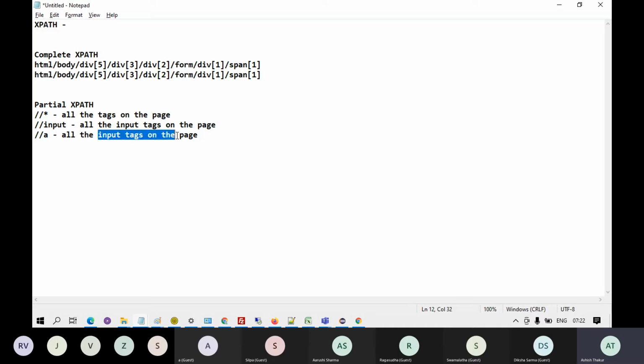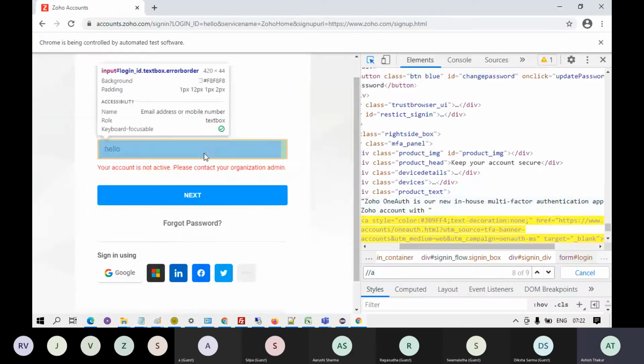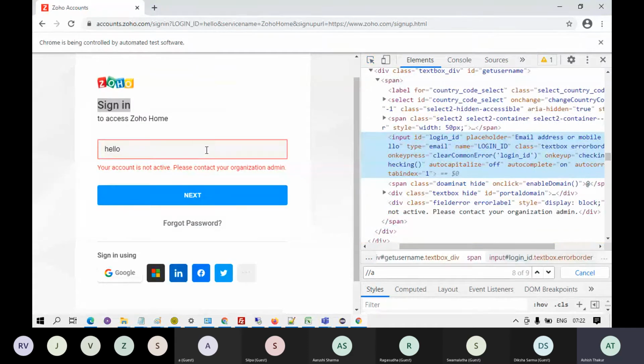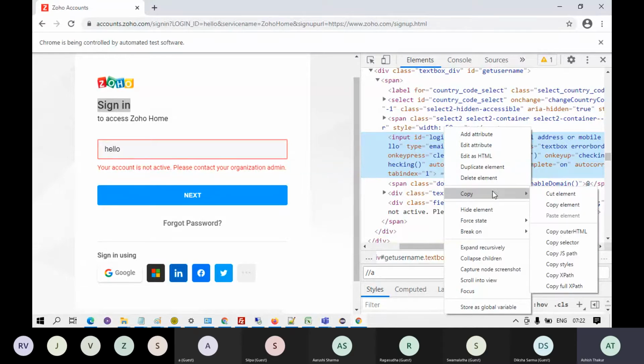Now, if I investigate the username field over here, right click on it and click on copy, you get a lot of options. One of them is copy XPath, the other one is copy full XPath.